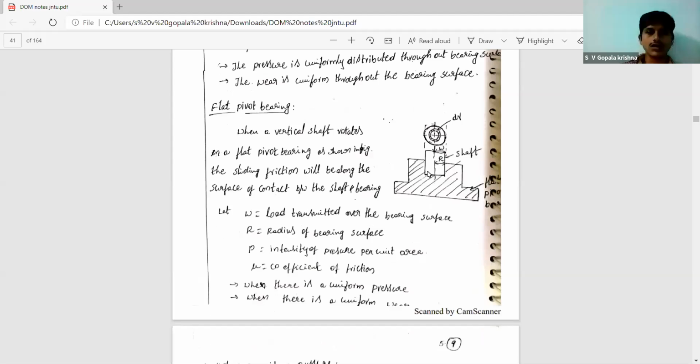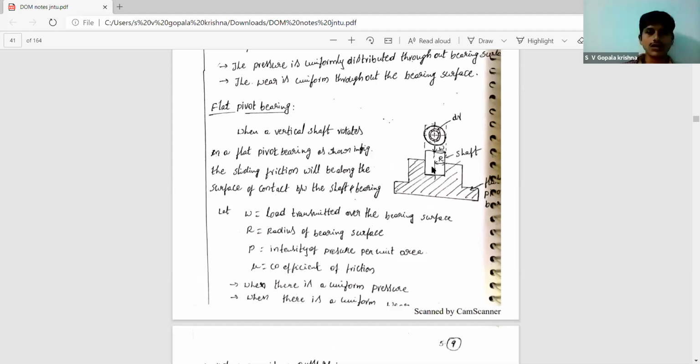And capital P is the intensity of pressure per unit area, and mu is the coefficient of friction. So those are the symbols covered in the derivation part. So here, when we take our flat pivot,